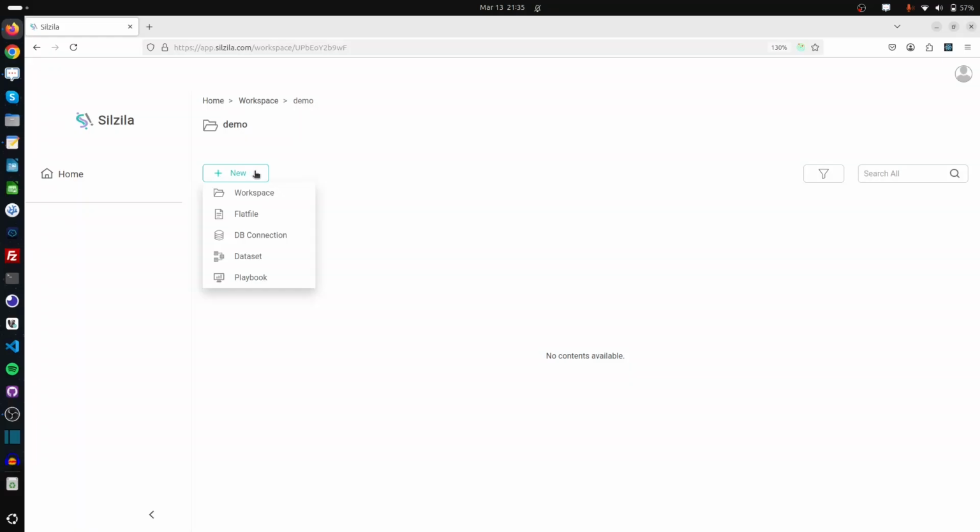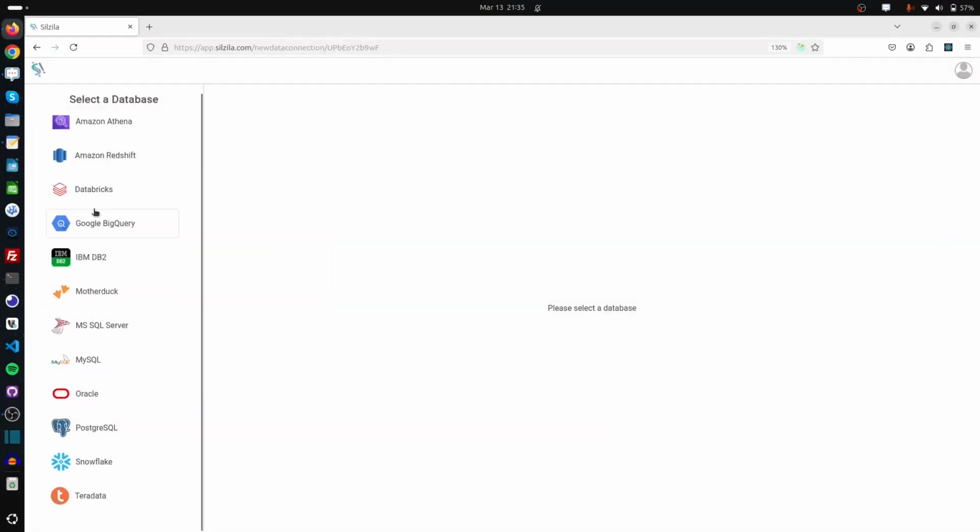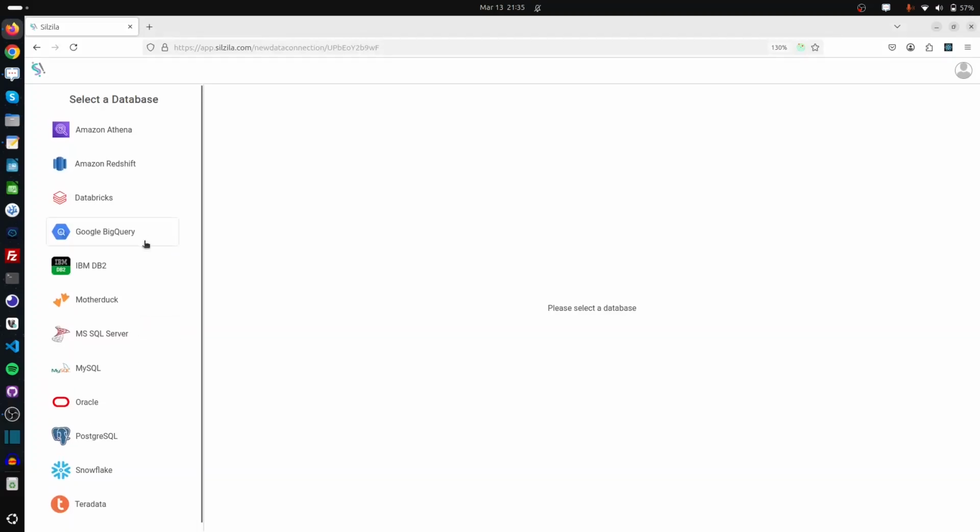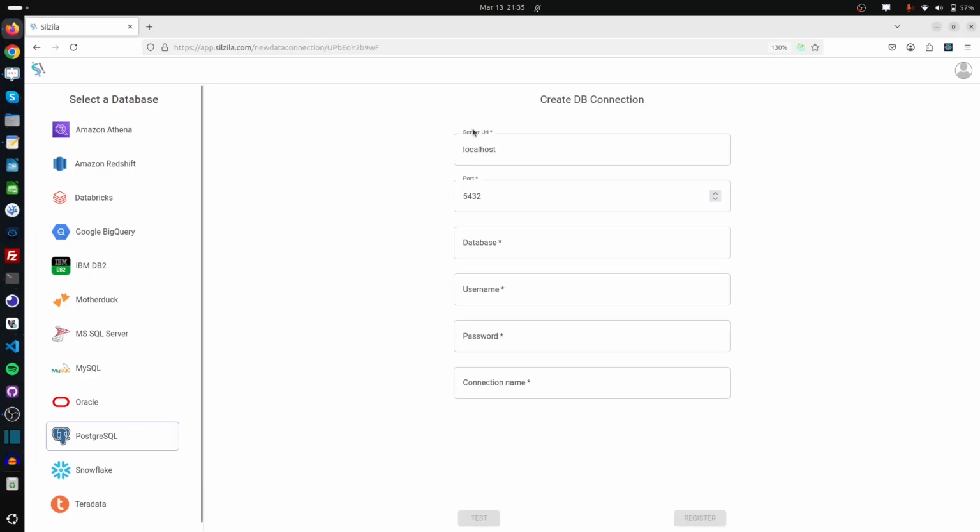So once you click on the new button, you will see multiple options. I can add flat files, DB connections and add data set. Then I can create a playbook. Now let me create a DB connection. So I have a variety of databases to choose. So for this exercise, I will choose Postgres and I give the server name, port, database name and username and